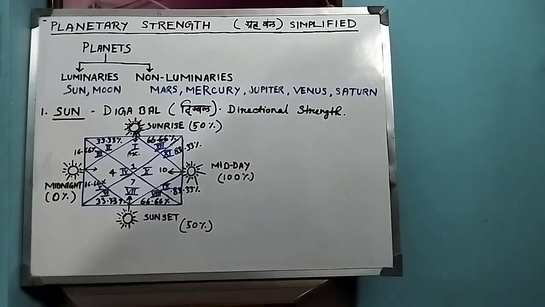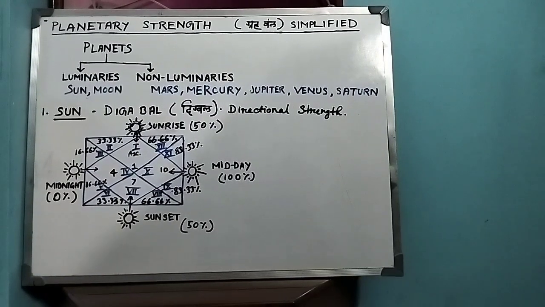It happens every day at around 12 noon or Madhyan or midday. At that time, you will find Sun in the 10th house or just above your head with brilliant and effective rays. So, people who are born around 12 noon will find Sun in the 10th house, and for them, Sun will have higher directional strength,